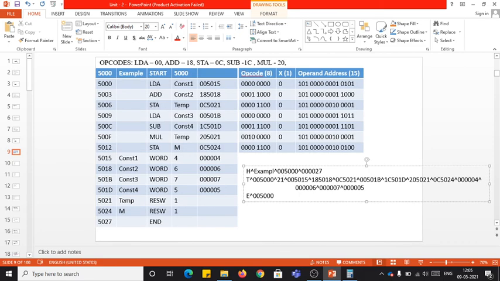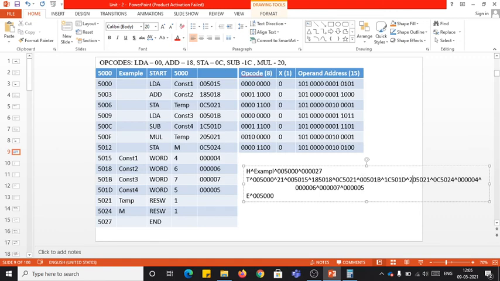Even before that, for your understanding, let me count again. If it is exceeding 69, you should not write in the same text record, my dear students. So 10, 11, 12, 13, 14, 15, till 15. Again 15 plus 6, so it is 16, 17, 18, 19, 20, 21. 21 plus 6 is 27. 27 plus 6 is 33.